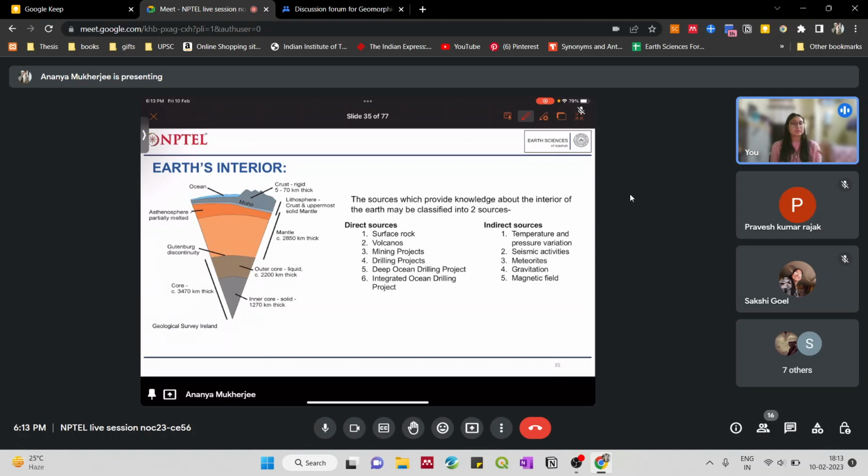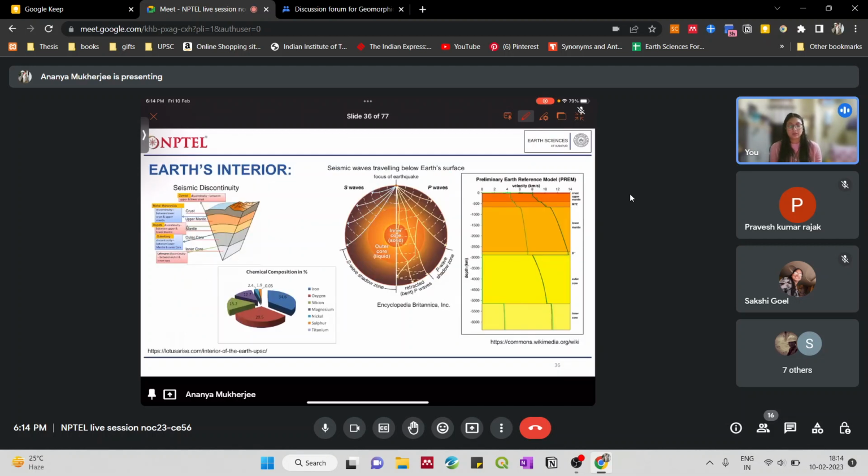Using this information, the current image that you see over here, this Earth's interior, is mostly based on indirect sources and some amount on direct sources. Now seismic waves are, till date, the best way to get information about the Earth's interior. Why? Because